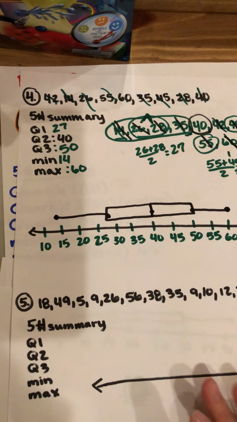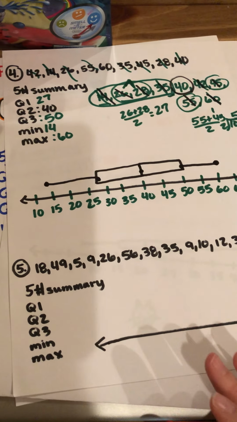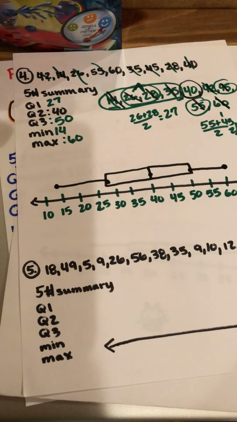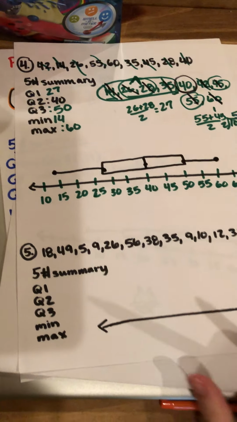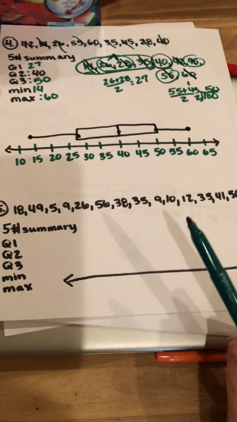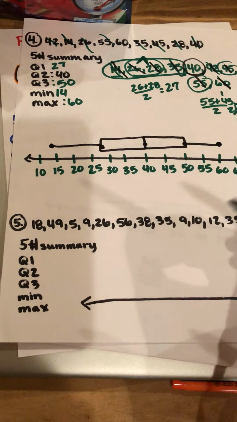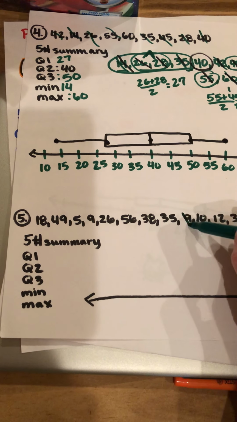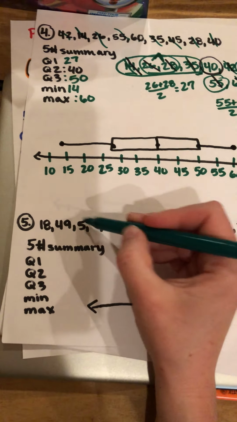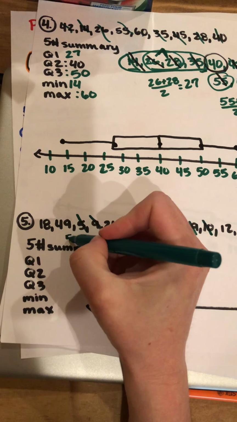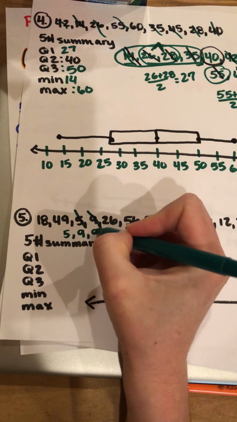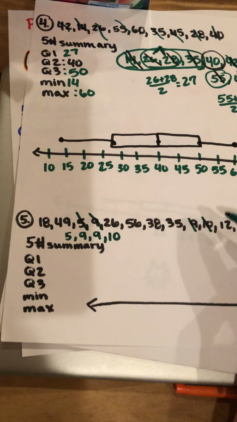So number 5, box plot again. This is the number of items in different grocery carts. Here's my data. The first thing I need to do is order it from least to greatest. I'm going to squeeze it in right here. I see 5, 9, 9, and I do have to write those two 9s, 10,